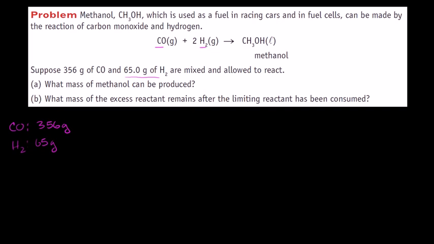And before we even do that, we should always check that our equation is actually balanced. So let's just check that. On the left-hand side of this equation, we have one carbon right there. On the right-hand side, we also have one carbon. So that looks good so far. On the left-hand side, we have one oxygen, and on the right-hand side, we have one oxygen. Looks good so far. Left-hand side, we have 4 hydrogens, 2 times 2. On the right-hand side, we have 4 hydrogens, 3 plus 1. So it is balanced, so we can proceed to figure out what the limiting reactant